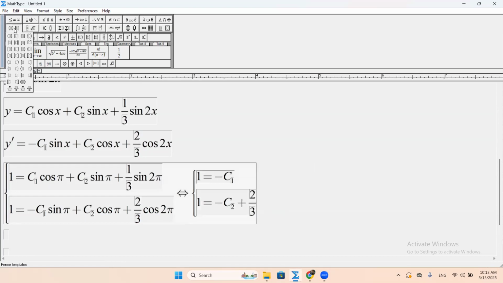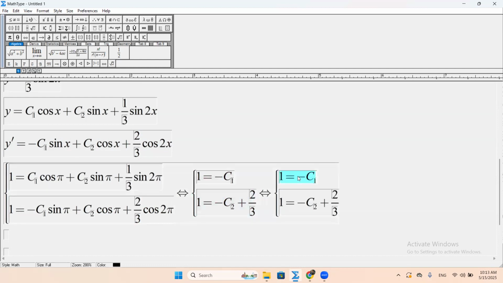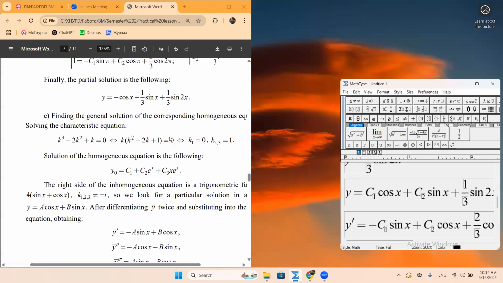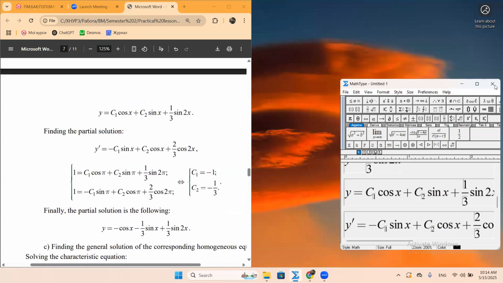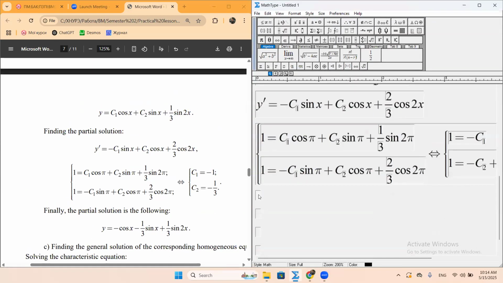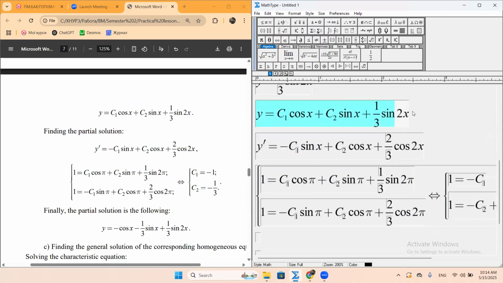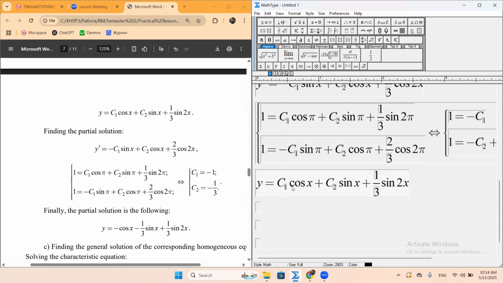So what I have is that c1 equals minus 1 and c2 equals 2 over 3 minus 1, so c2 equals minus 1 over 3. Let me check. Yeah, correct. So then the final answer will be y equals minus cosine of x